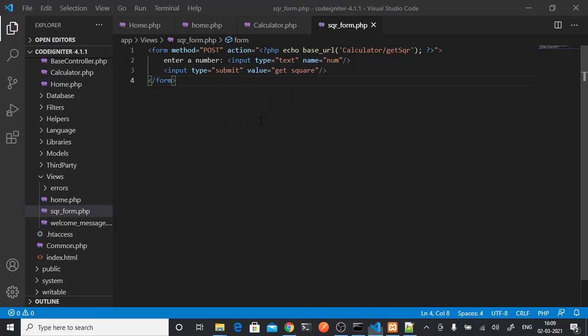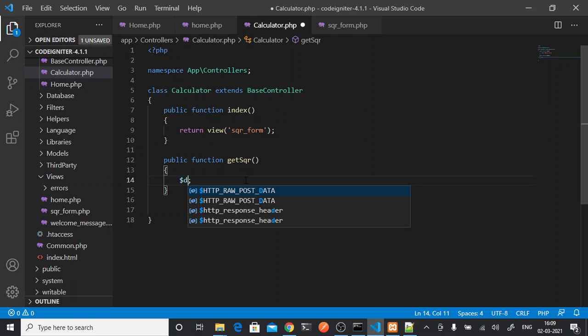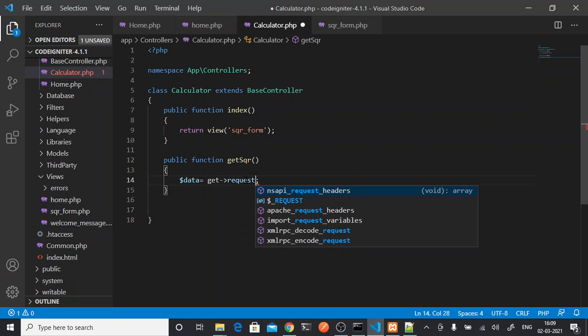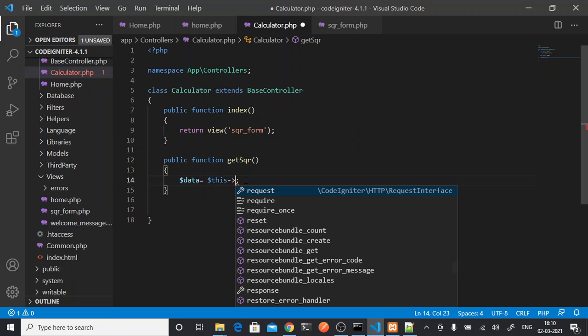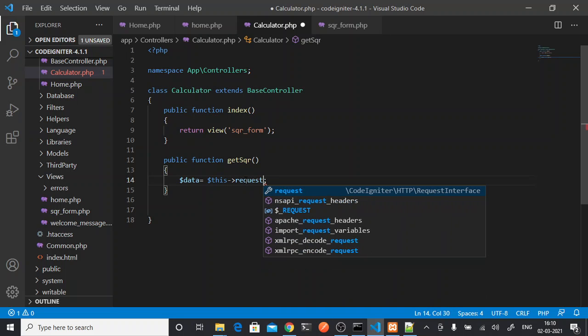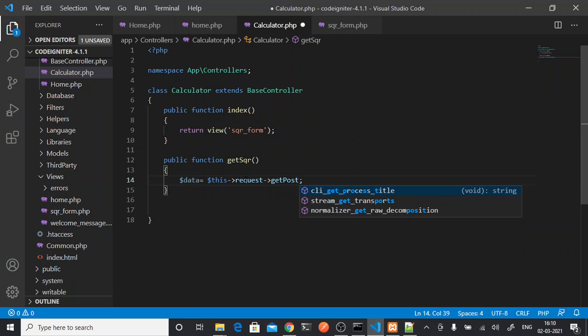So now this number I want to get here in my controller. So how can I receive the data? You can receive it by $this request get post.